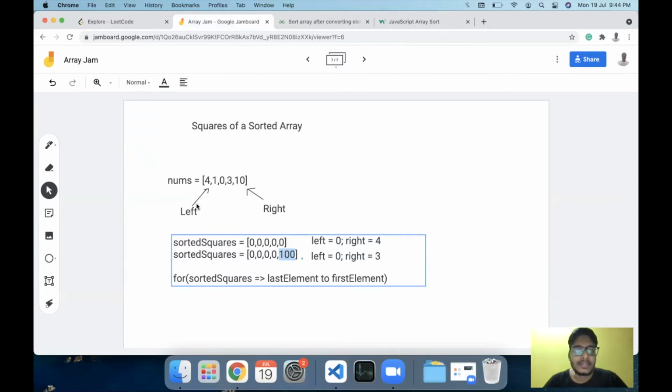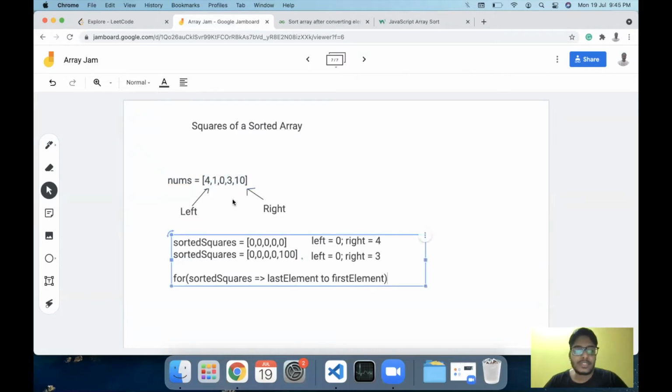In that case, the left pointer is still at 4, and the right pointer is at 3 right now. By comparing 4 and 3, we know that the 4 element is larger than the element 3, and we can push the square 16 here, and we can move ahead.